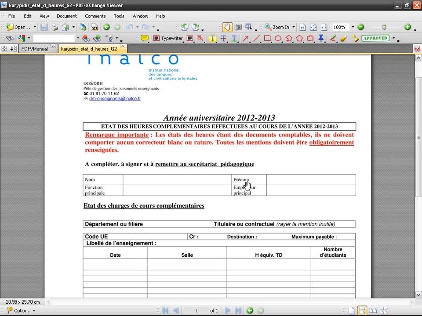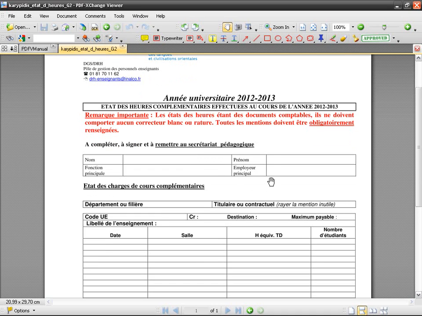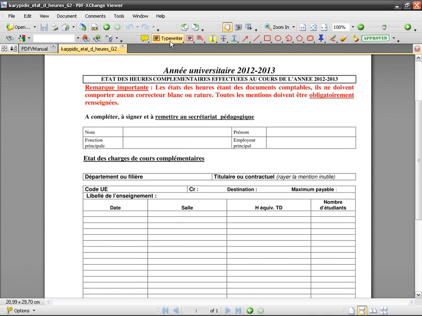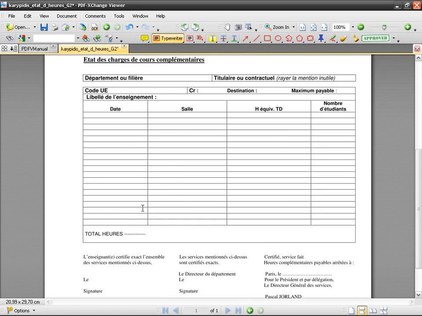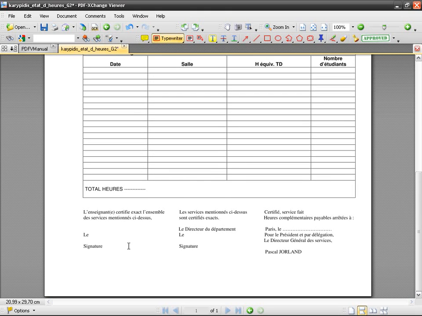The second year I said, no way, I want an electronic version of your form. So they send me this, I just fill it in, I type instead of writing by hand. I add my signature. We're gonna see about this later, of course, and then I just send it by email,